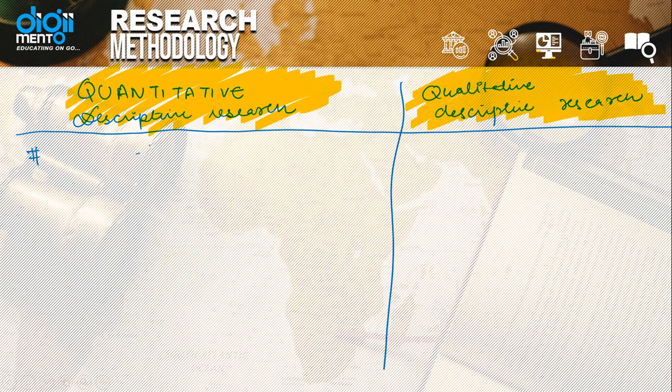The first difference between the quantitative and the qualitative: quantitative basically assumes the world is stable. It means that we can measure the data in this whole world. Opposite to that, qualitative descriptive research assumes that the world is unstable. It means the idea of one person will be different from another. First thing you have to write is in this quantitative descriptive research,